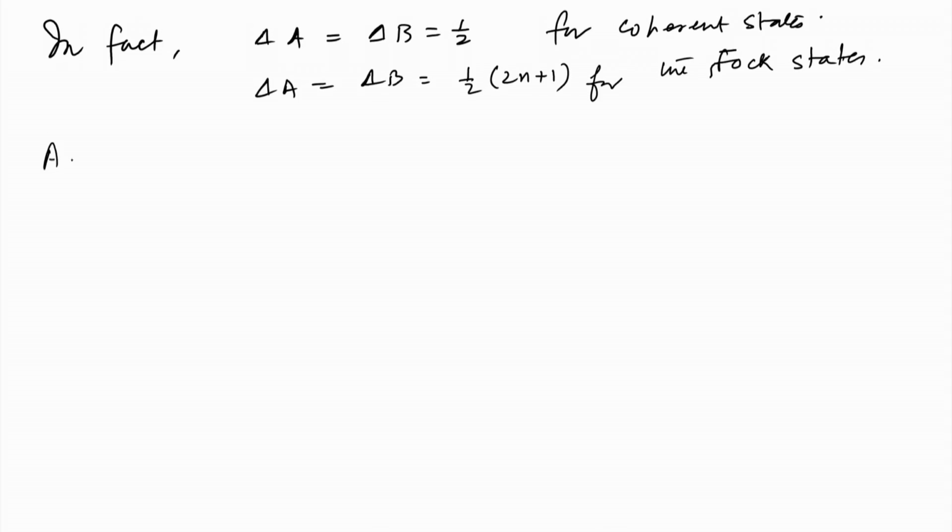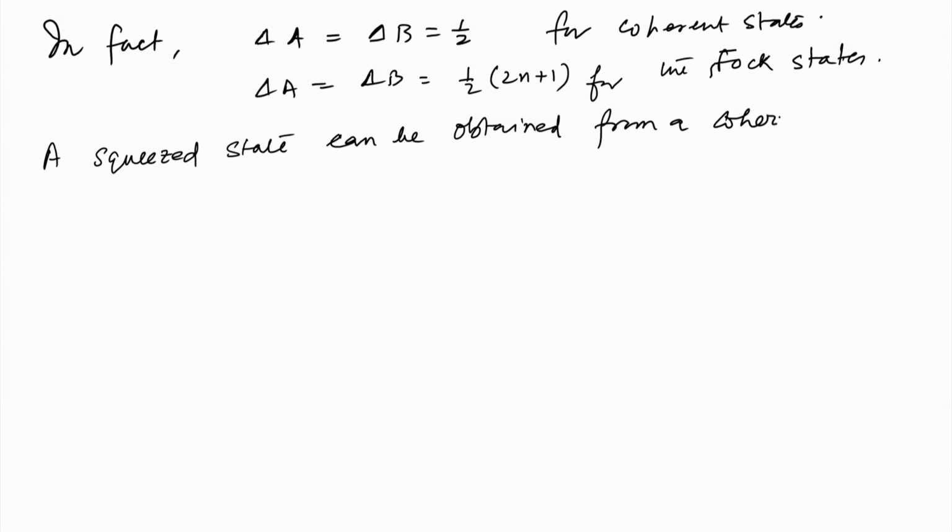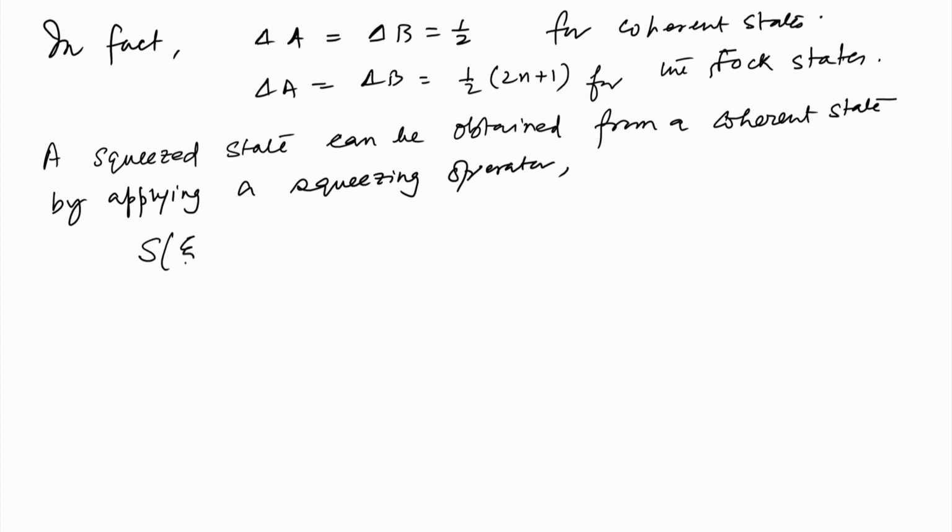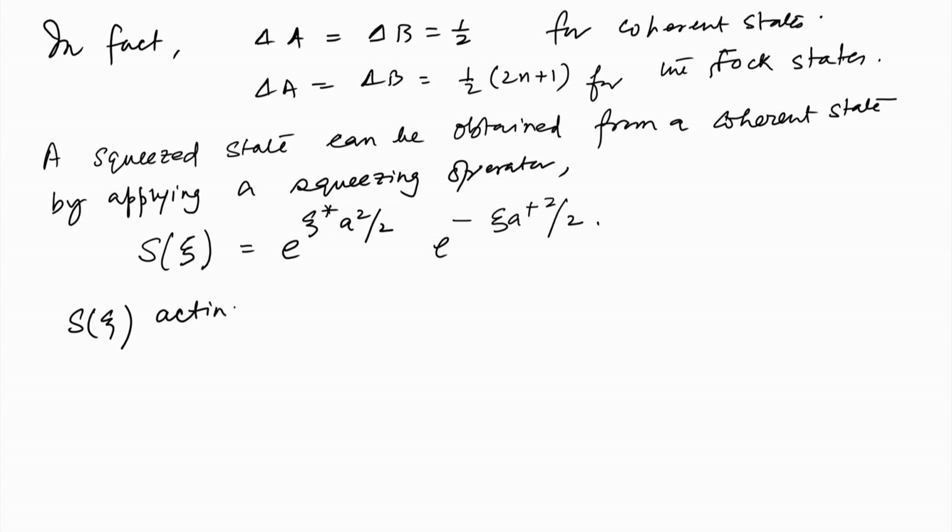So, a squeezed state can be obtained from a coherent state by applying a squeezing operator, which is S of xi, which is exponential of xi star a square by 2 minus xi a dagger square by 2. So, S xi acting on a vacuum